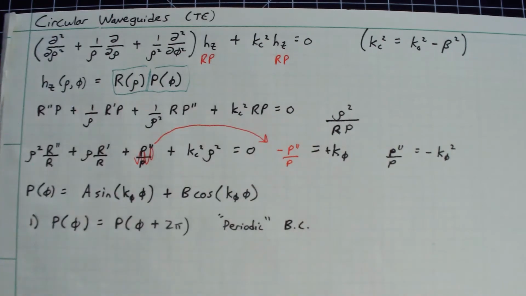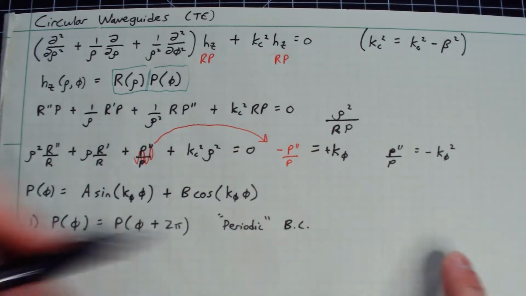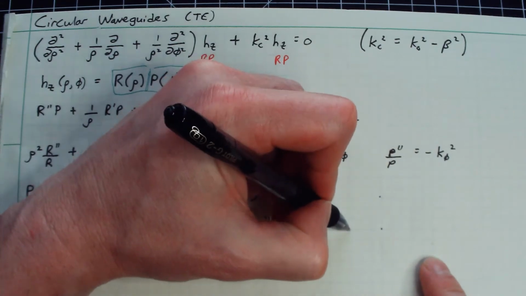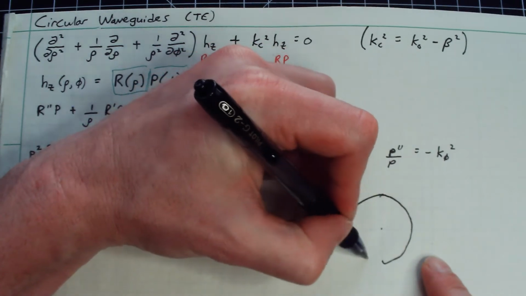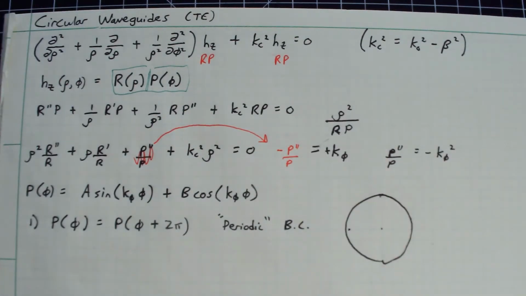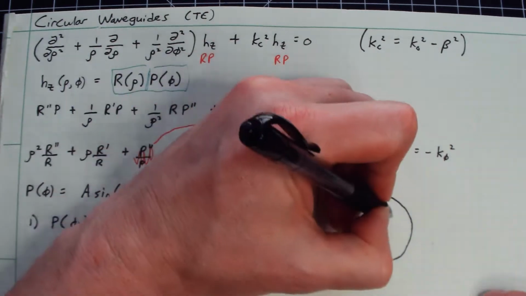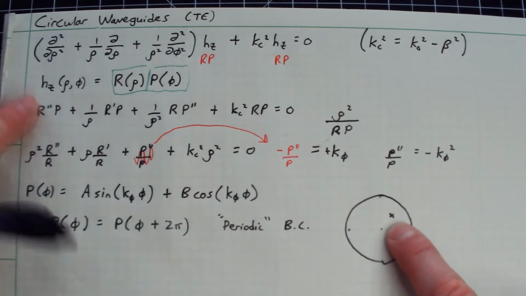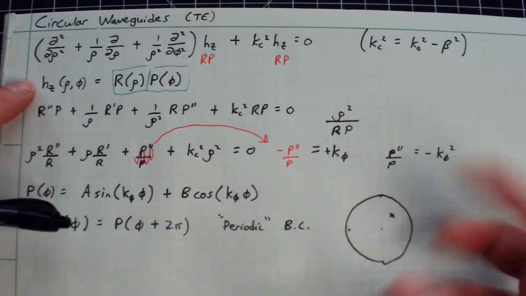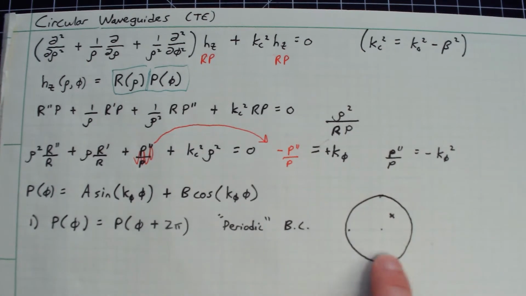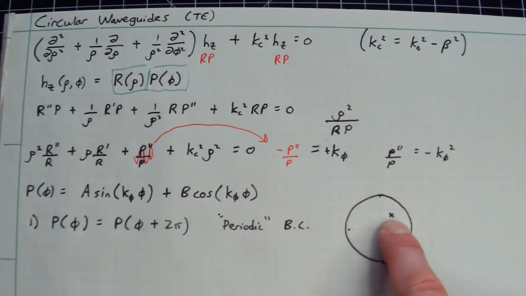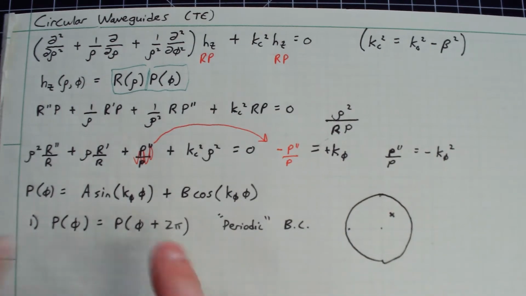Let's say periodic BC. What that is saying is, if you imagine looking down my waveguide, here's a little cross section of my waveguide, and there could be some weird field profile in here for my magnetic field. I pick some random point here. There is some H sub z that corresponds with that point. And if I spin it by 2 pi radians, nothing should change, right? It doesn't make sense to follow some contour back onto myself and suddenly arrive at a different value. There is only one field value here,